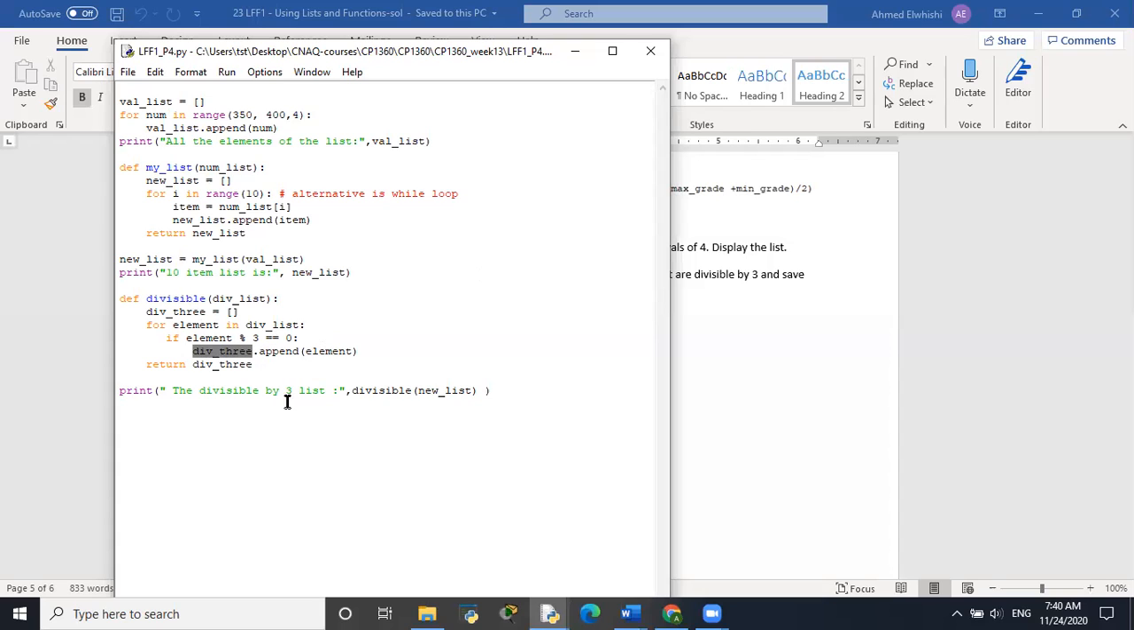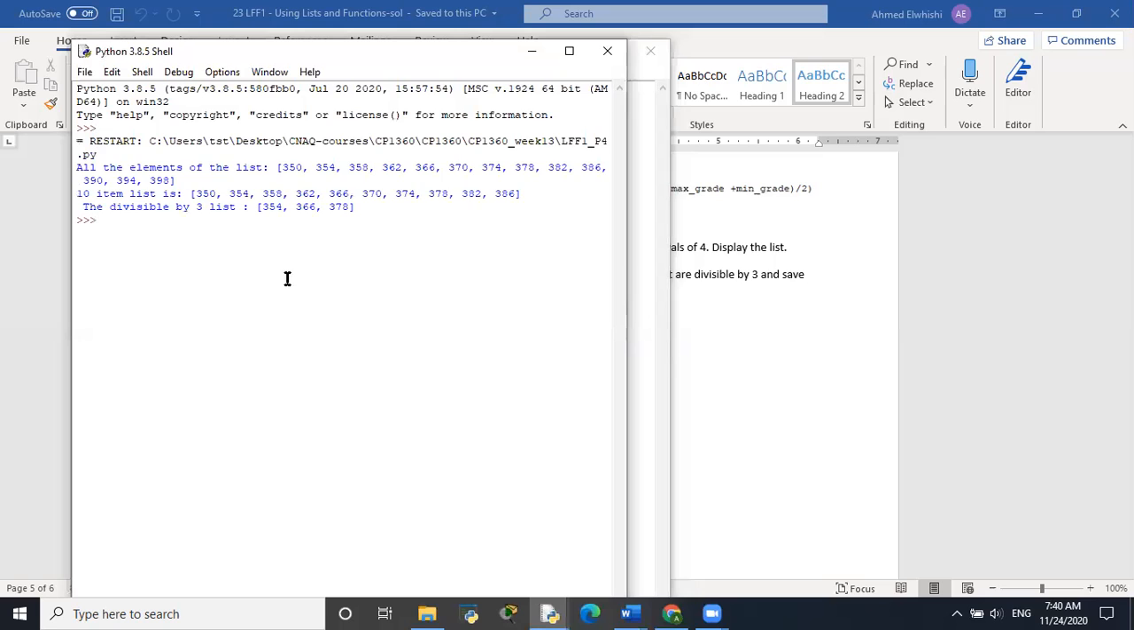Okay, and then return a new list that has elements that are divisible by 3. Okay, let us run this program and see the result. You see, guys,